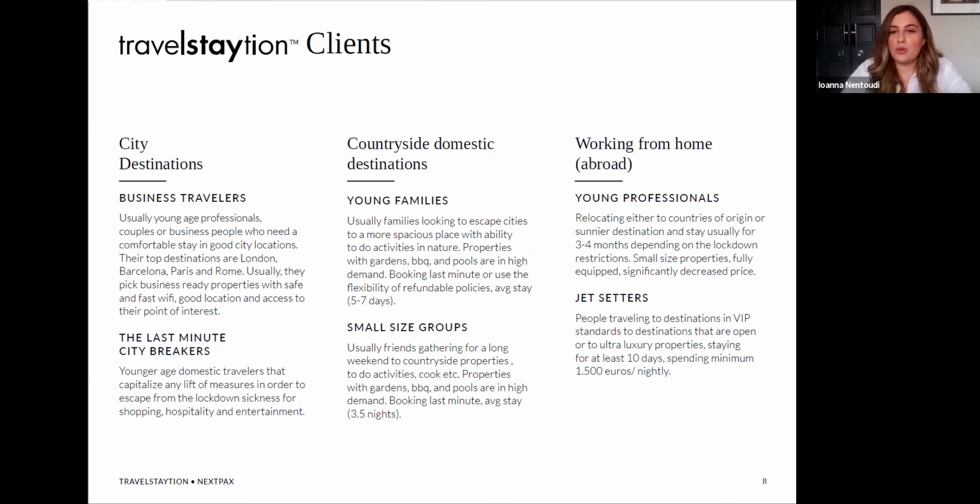They choose small size properties, fully equipped, and with a significantly decreased price. And on this category, we find finally the jet setters. Jet setters are people traveling to destinations in VIP standards, that are open to ultra luxury properties, staying at least 10 days and spending more than 1,500 euros per night.